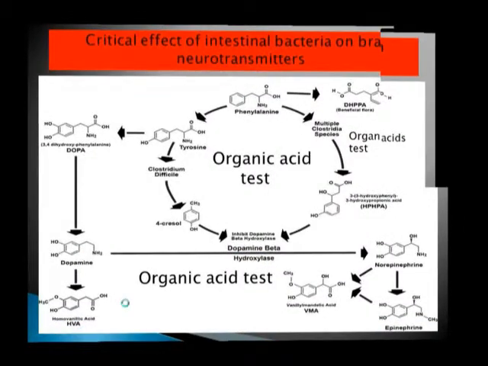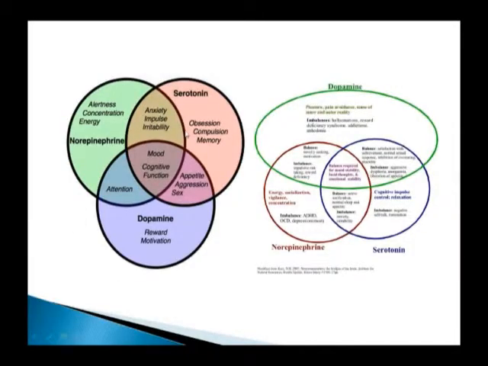And why is that a problem? Well, if you look at the overlap of the primary neurochemicals in the brain, dopamine, serotonin, and norepinephrine, dopamine is important for attention. It's also important for mood and overall cognitive function. It helps in the regulation and the stimulation of appetite, sexual desire, and too much can lead to aggressive behavior. Norepinephrine has a function over attention and focusing as well.